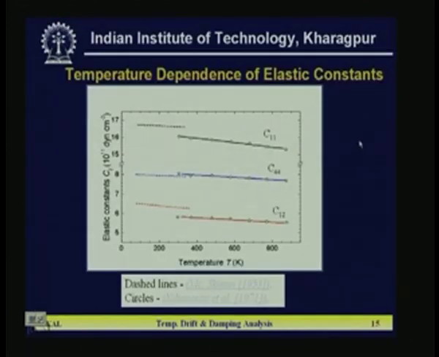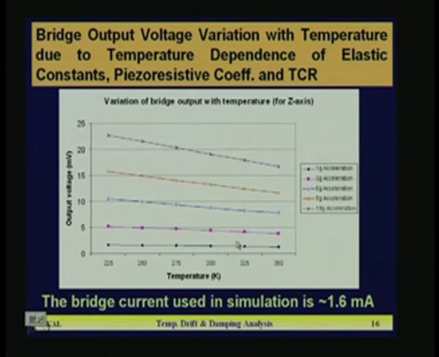Now here the elastic constant variation, if you plot it with temperature, is shown here. The plots are taken from literature. One is by Ski Min in 1953, and another is by Nikanorov et al. in 1971. That is the circle line. This one is C11, C44 and C12, and dotted lines, because the curves are taken from two literature sources, the elastic constant variation with temperature. Now this curve shows the bridge output voltage variation with temperature